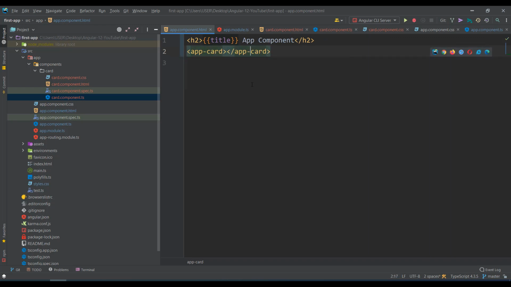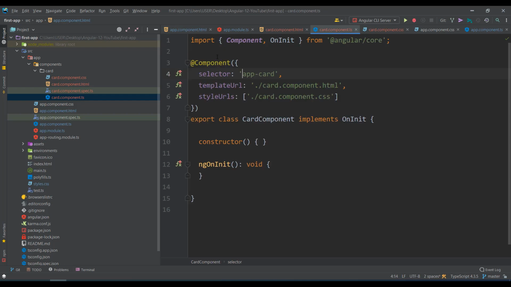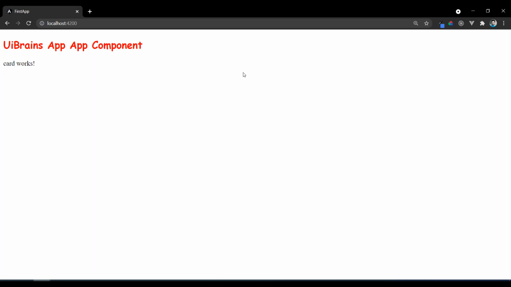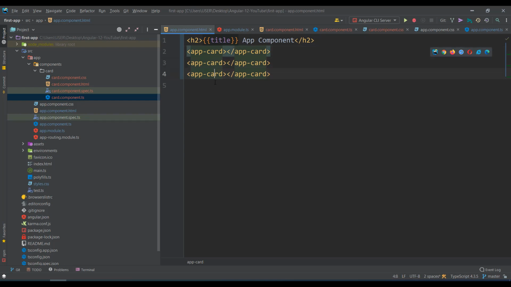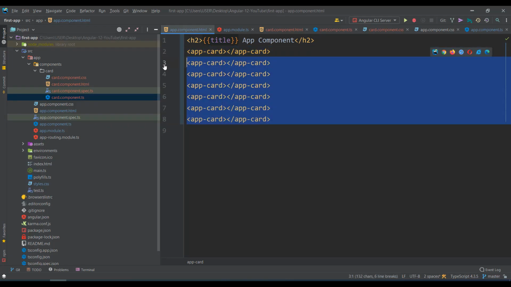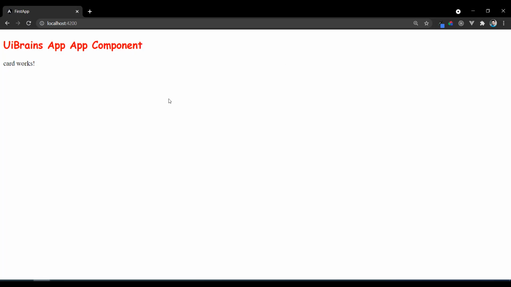Once you write app-card, check, card works has come. If you write app-card, the HTML is substituted in that place, and this is reusable. You can write multiple app-cards so that card works comes multiple times. Nice. So now we have created a component and we have connected it with the app component. Okay, fine.